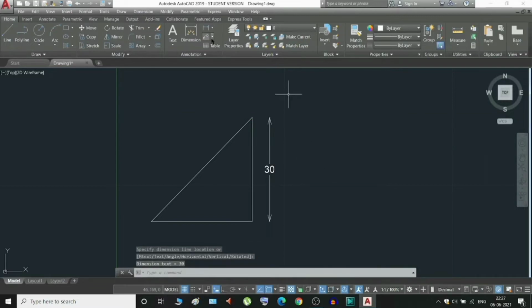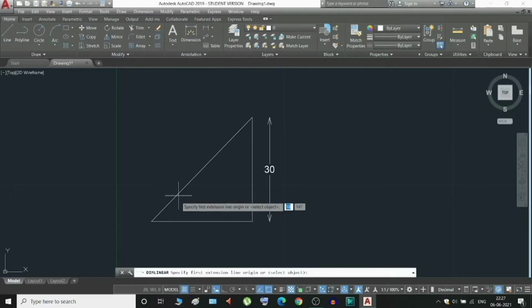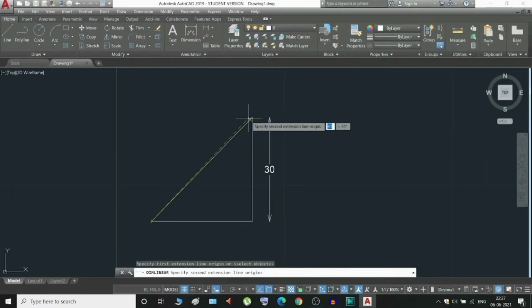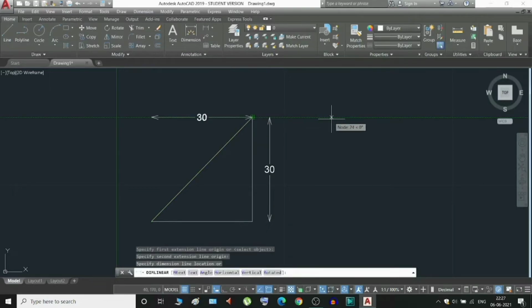But if I select the linear dimension for this aligned line, then it will just show me the horizontal distance or the vertical distance between this and this position in which the line is aligned, but it is not the correct dimension of the align.